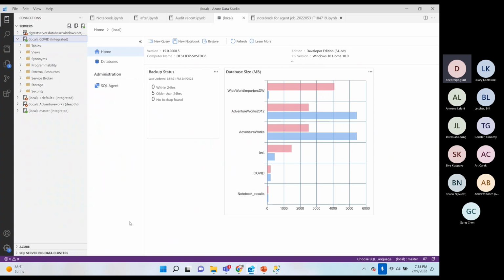Now again, this is a default screen. I did not make any dashboards. So you can see the size of the database, the backup status, and then under the administration, you can see the SQL agent. This is a plugin that you have to download from Azure Data Studio. I do not want to show you how to go ahead and actually download it,